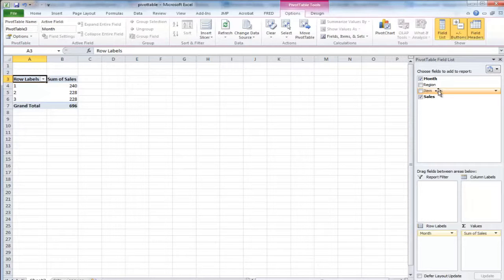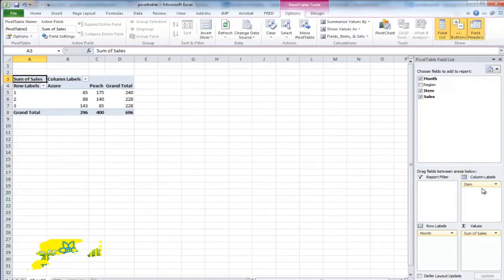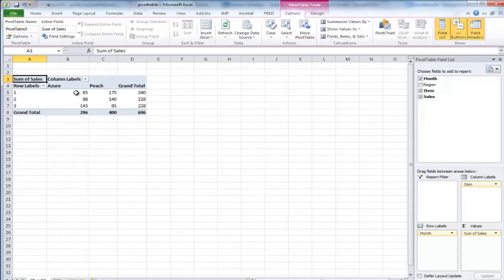Let's look at items. Now where do we put item? How about we try column label, because it's empty here. Now you see what it does is basically put the items in each column, okay? And now something interesting is showing up here. Now if I could just basically do a visual conditional formatting,